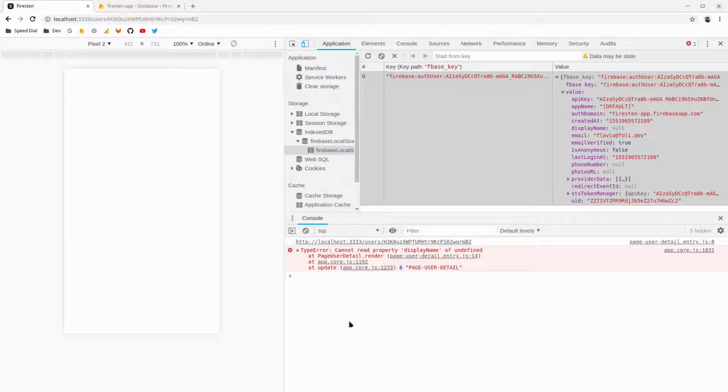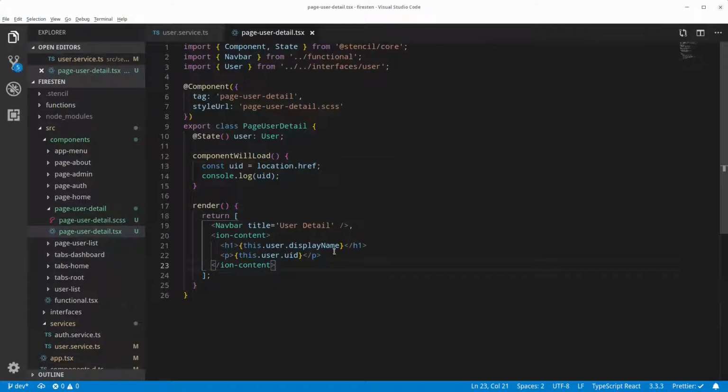Now if you reload, this is the URL. Just ignore this error, that's because we don't have any data yet. So this is the URL, and now we need to split it and get this last information here. So back on the component, I'm just going to comment it out so we don't get the error. So here if you do a split,